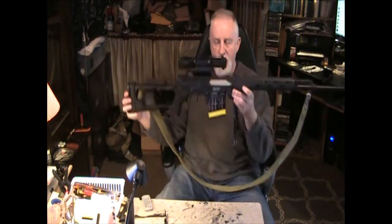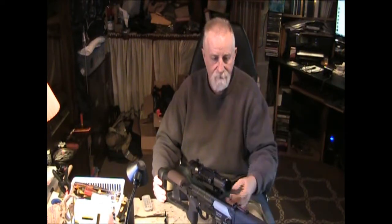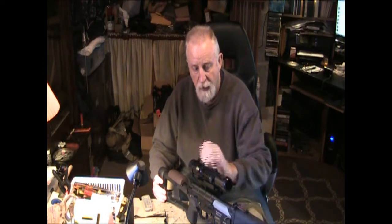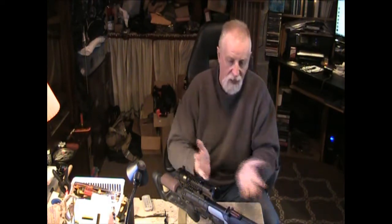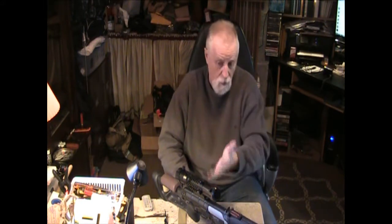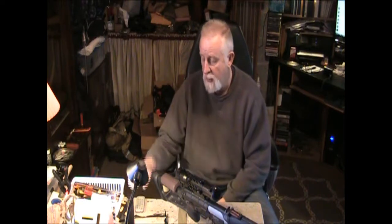Okay, the only upgrades I've done on this are a sling, of course, a bipod, the default, this newer style mount, and a newer 3-9 scope. No internal upgrades done on this, no flash hider change, anything. This is a stock gun. So the external things of the sling, the bipod, and the scope mount, that's it. That's all I've done. The reason that I bought this gun was because of a gun that I originally purchased,